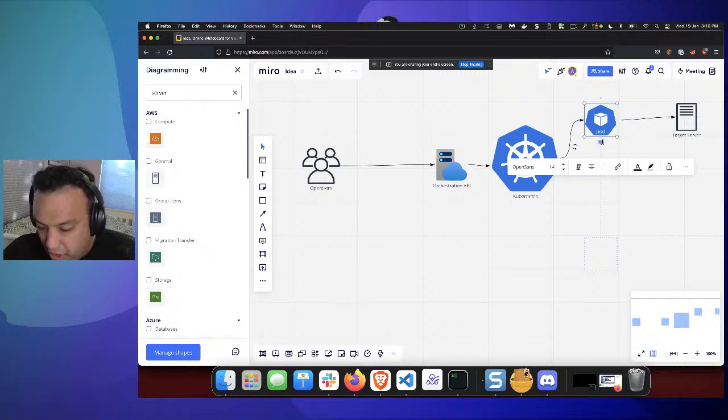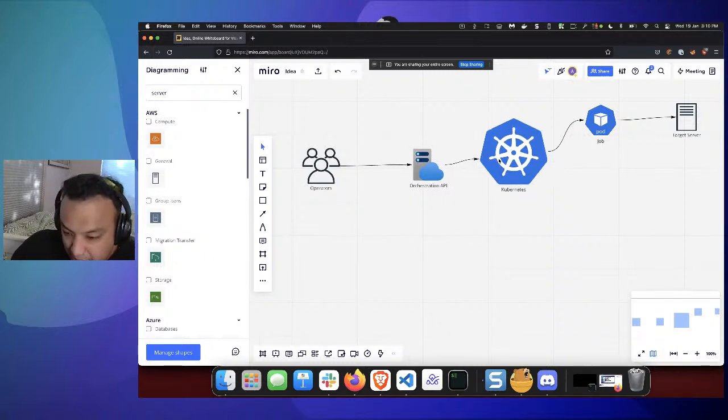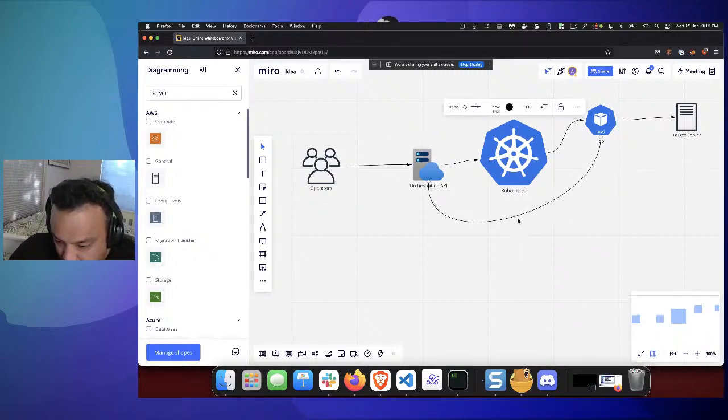So this is going to be a job. So this is basically a job spec, and that's how it's going to work. So we have your operators. They're going to be talking to this orchestration API. The orchestration API is then going to be talking to Kubernetes, and then Kubernetes is going to launch the job, run the pod, and then it's going to run this against the target. And this pod, essentially what it's going to do from this point is to write back the results to this